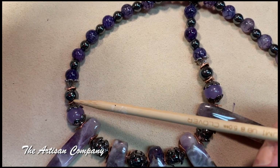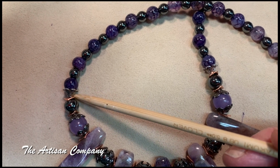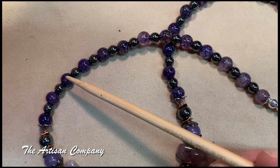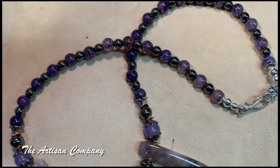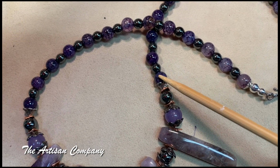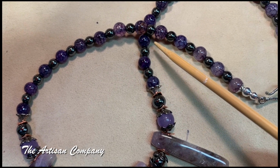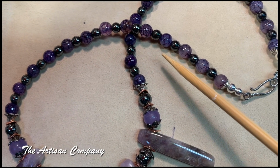And then I alternated. Here's a little tiny bead cap right there just to start the new thought pattern. Then I finished it out all the way up. You can see I alternated. And what I also did was I went from the darker beads here, the darker purple crackle agates, into the lighter. You can see they get lighter, they're darker, and they get lighter as we go to the end where